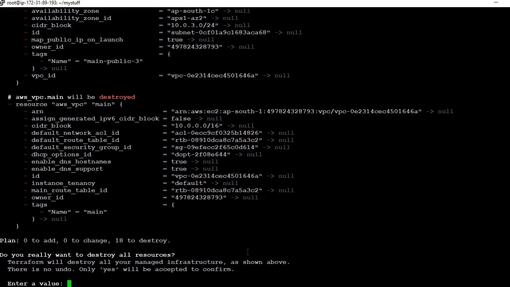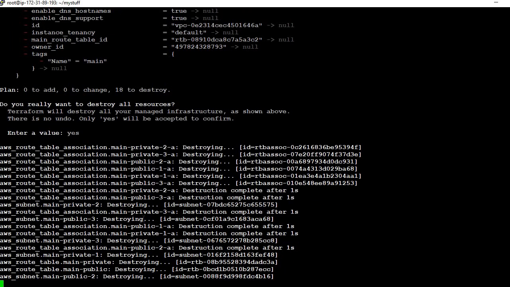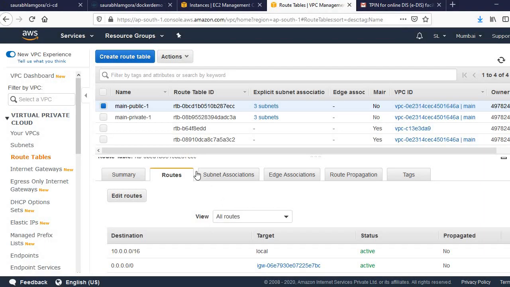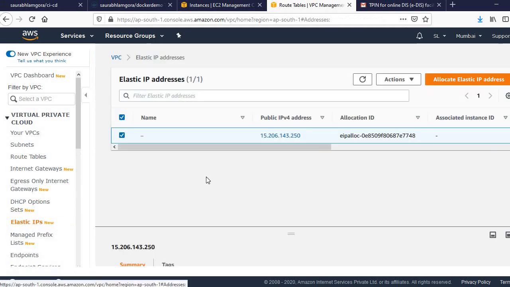So guys, it will take some time. Yeah, you can see it is destroying. Now you can have a look at this. You can see that the private route table is deleted. The elastic IP is not deleted yet.